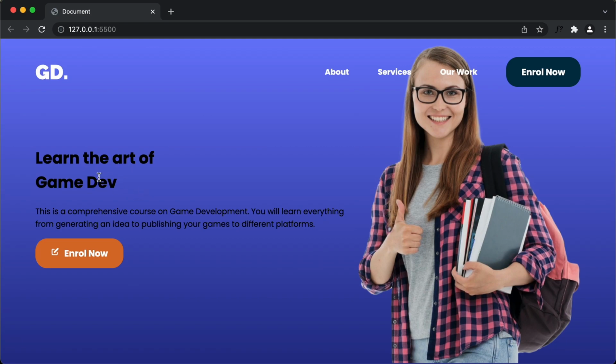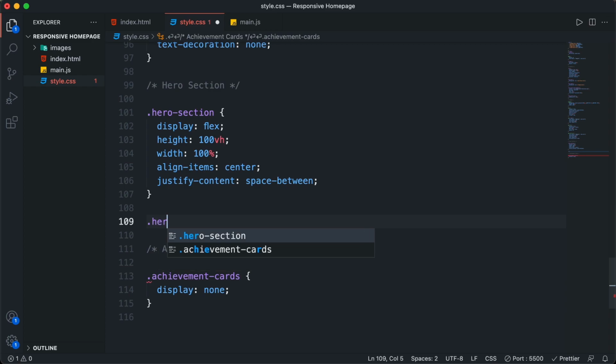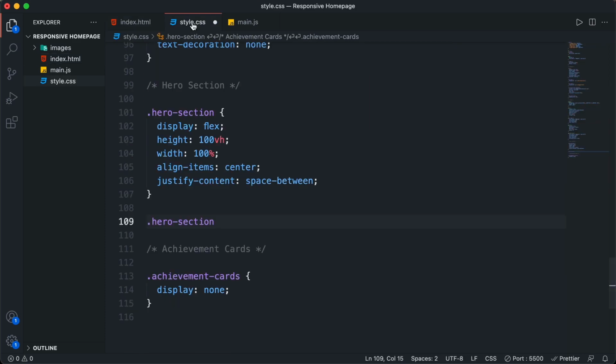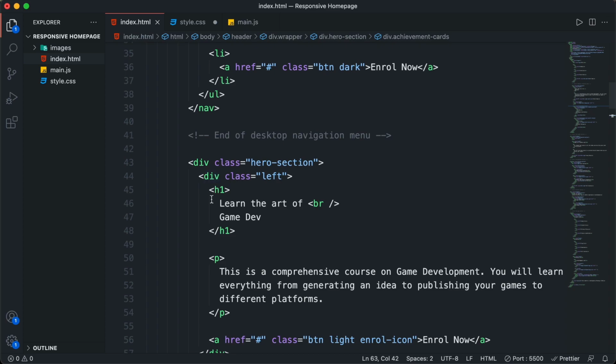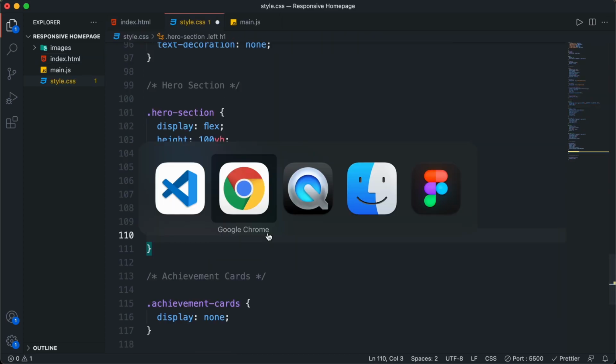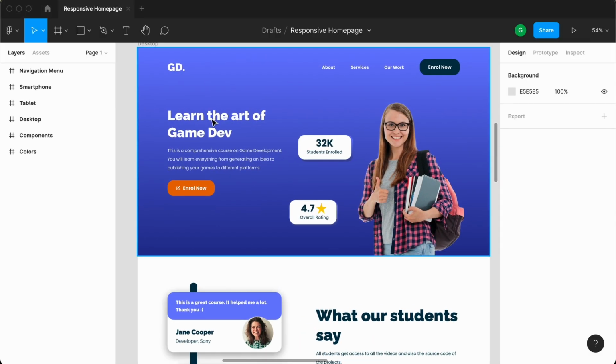Alright, now let's style this heading. So here I'll just type hero section, and for the left part we have a division with a class of left. So let's target that. I'll just type left, and in that we have the h1 for the heading. So let's type h1. Alright, now let's go to our Figma file, and let's double click over here on this